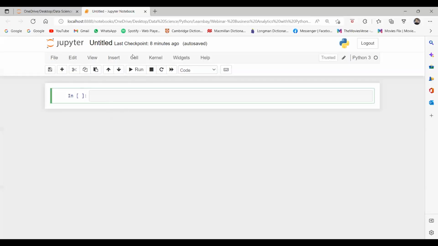Can you see my screen? This is Jupyter Notebook, guys. I will explain what Jupyter Notebook is. First of all, I want to write here that data is the most common thing. Whether you are working as a business analyst, data analyst, or data scientist, data is the most common thing. Now, what is the difference between a business analyst and a data analyst? A data analyst is saying what the data is saying.